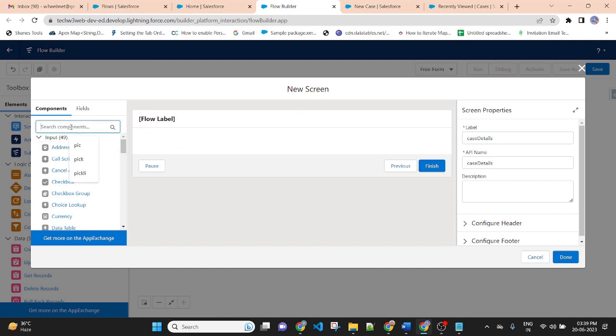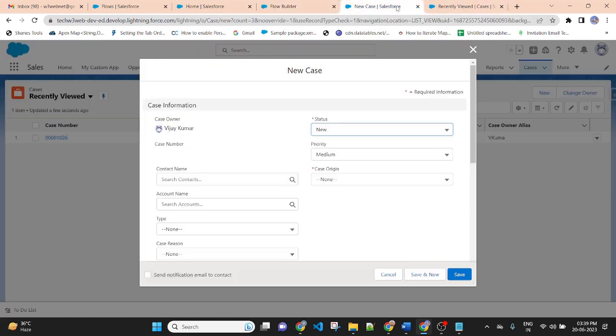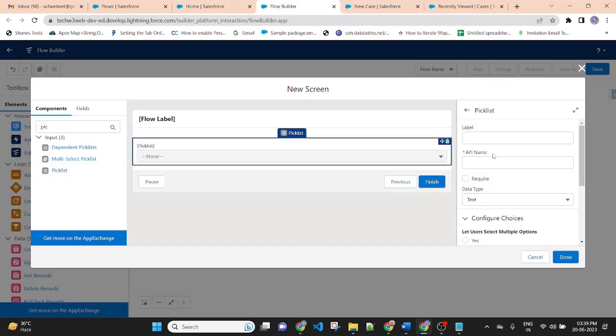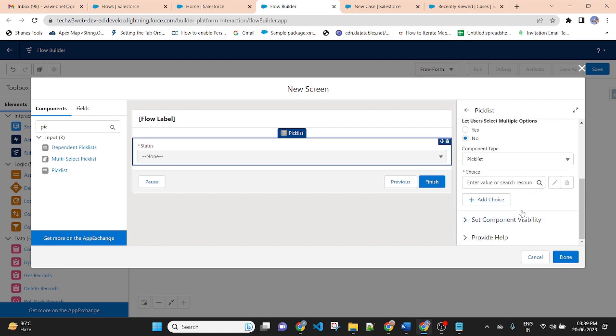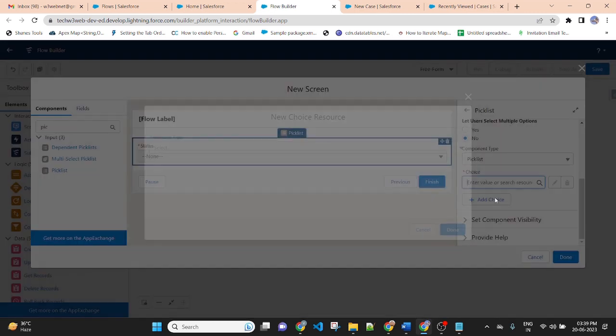Both are picklists, so I am searching for picklist. The first name will be status. It is a required field because it is a choice, a picklist value. So I will create a choice set.